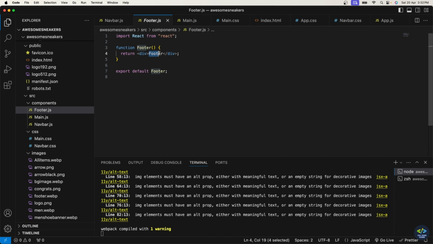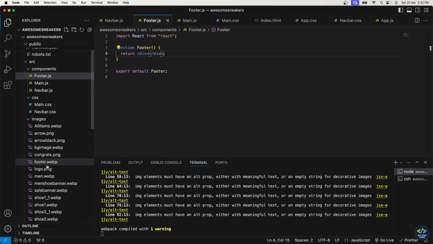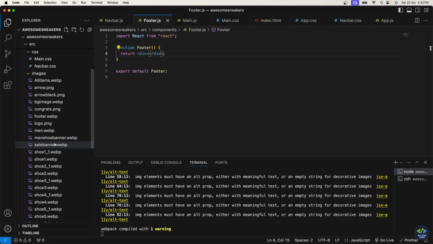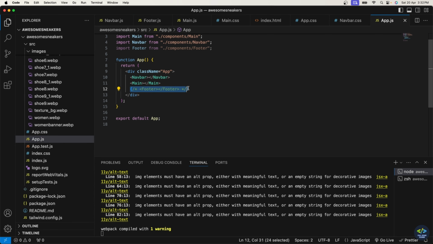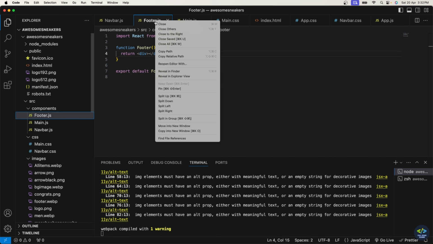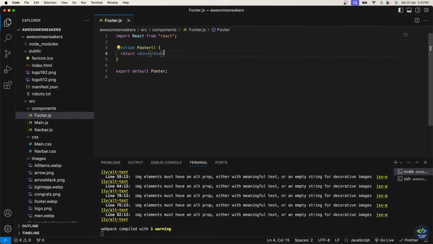I'll go to my footer.js. Here I'll remove this footer, and I'll go to my app.js. First I'll uncomment my footer component. Here I'll uncomment this. So my footer is called. Now I'll go to footer, I'll close others,